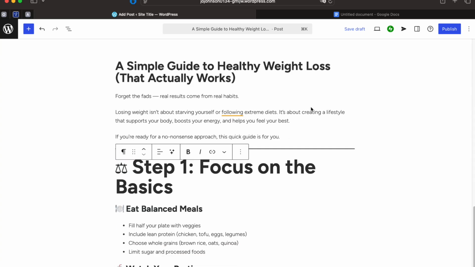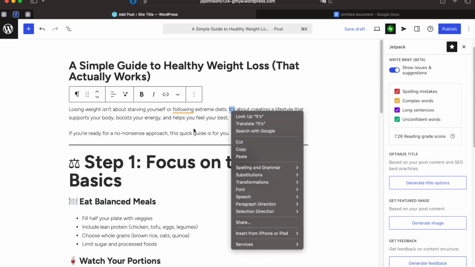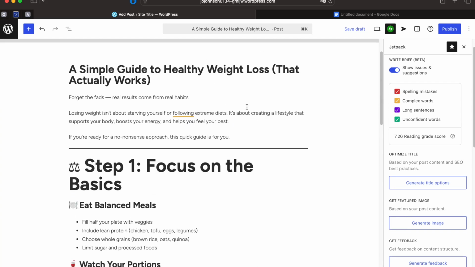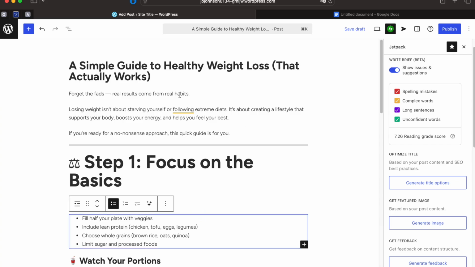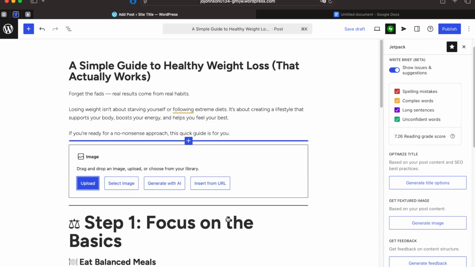Usually what I would do at this point is to make sure that the spelling and any other errors are corrected. Once everything looks good, you can go ahead and add images to your blog. If you hover just below the text, you can see add block. So you can either make arrangements, add different elements, or even an image. For example, I could just click upload or select an image